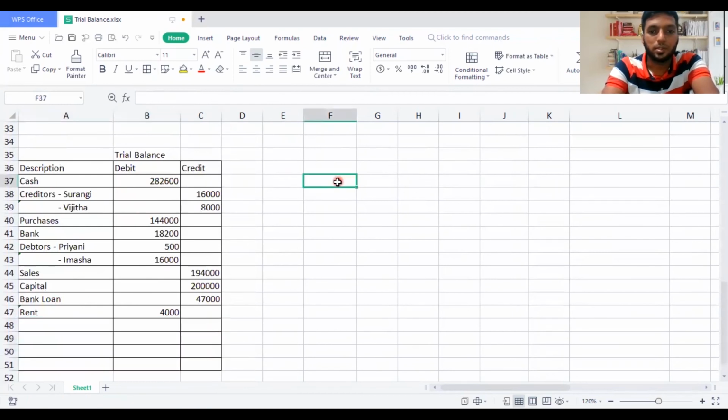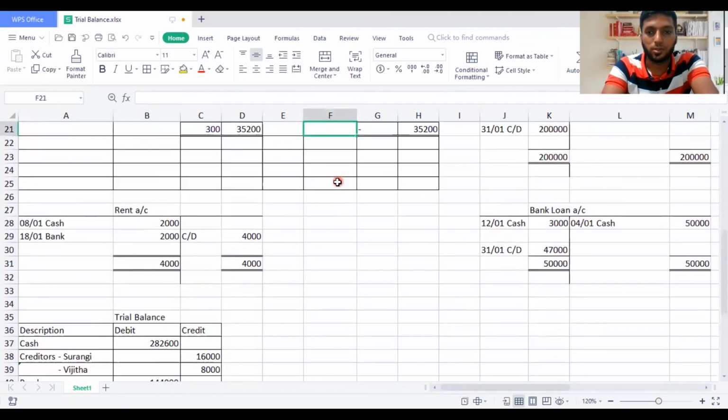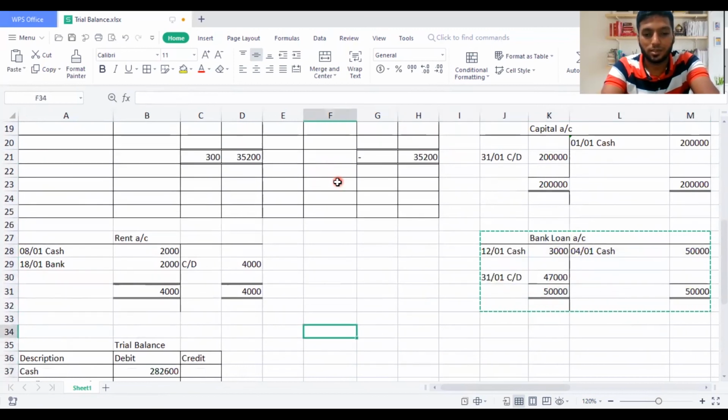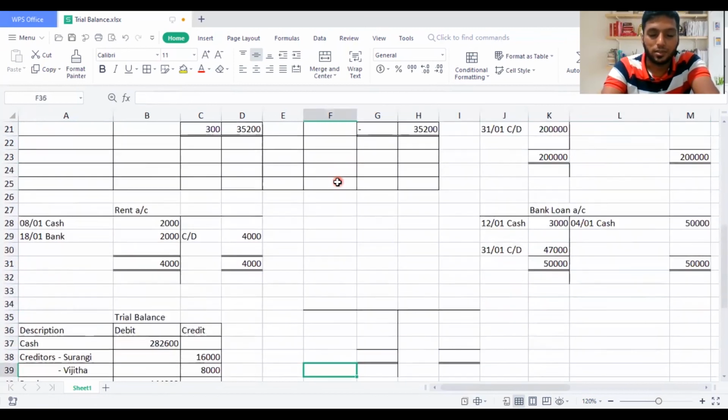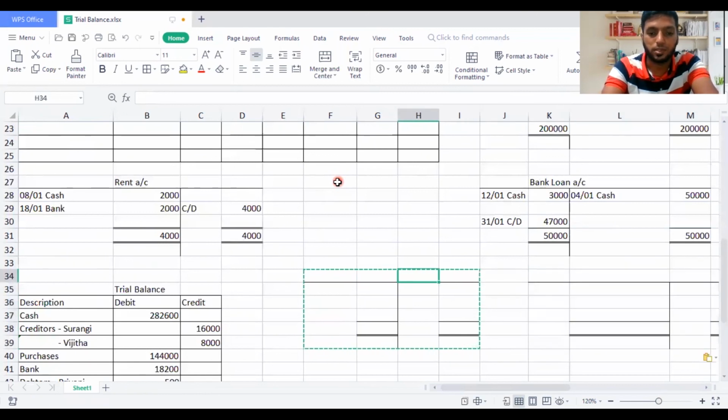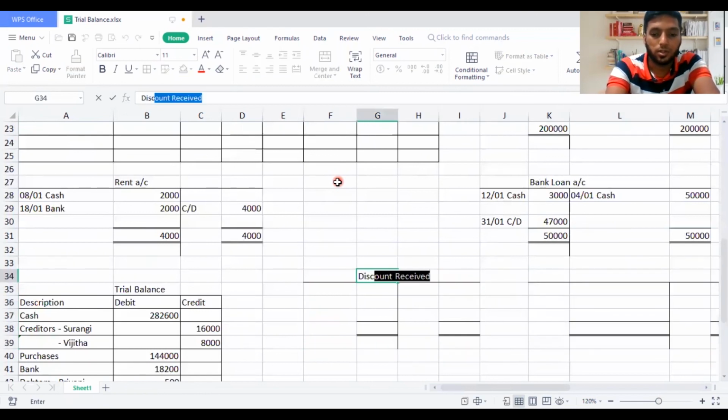What did I miss? I missed discount allowed and discount received, which I didn't take into accounting. I actually forgot it. So you guys also, when you're doing it, you might forget it. This is not a pre-planned session. I didn't read the question, I just came into direct action. That's how I do sums. Anyway, you can also record these two adjustments. First, I'll record here discount allowed.